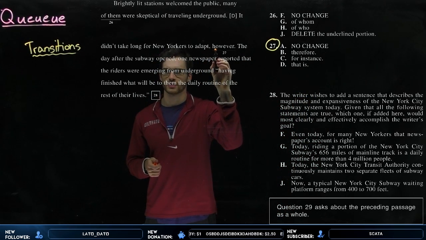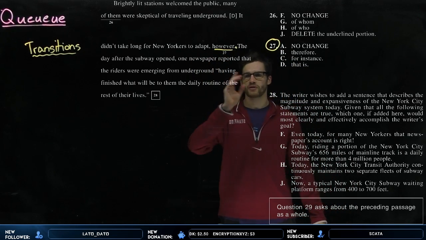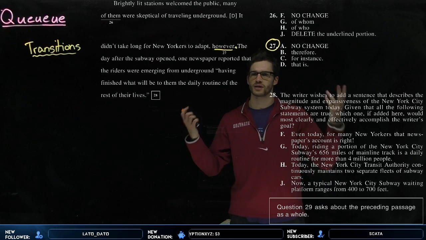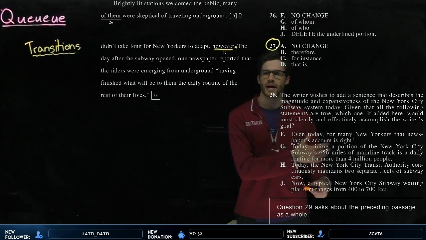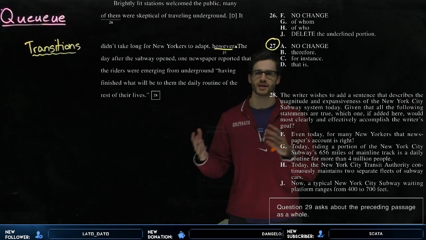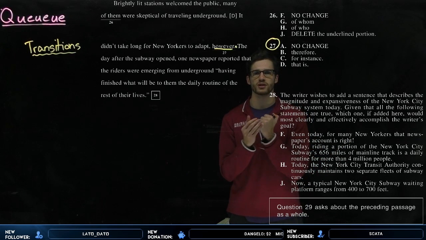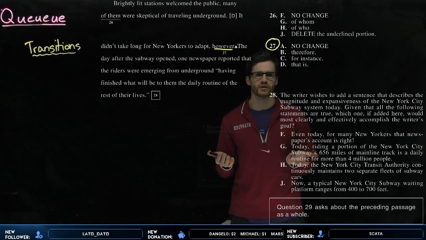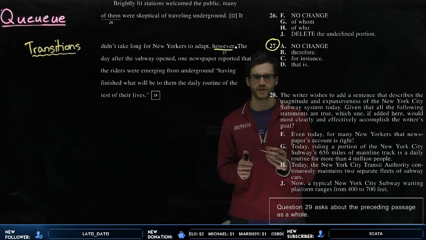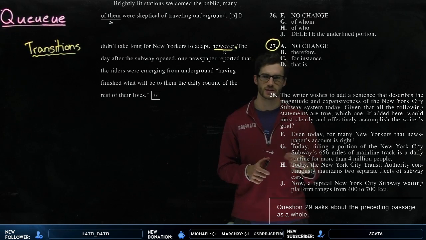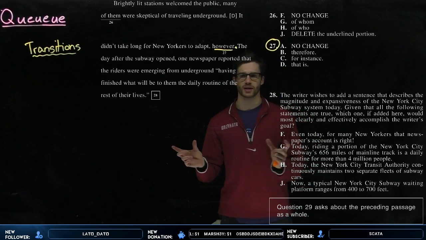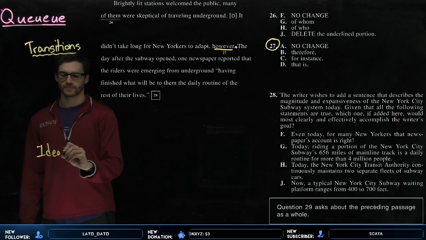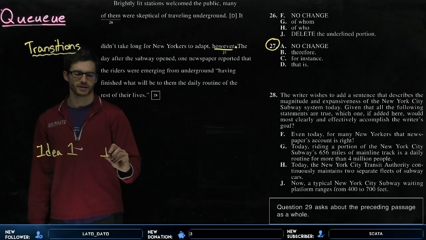That should be underlined. So, should we use however, therefore, for instance, or that is? These are very clearly transition words. So all of these, for example, nevertheless, they transition from one idea to the next. So there is an approach to these questions that I recommend, and it perhaps sounds a little like overkill, and it's not. It simplifies it, makes it fast, and it makes it so that you don't make as many simple mistakes. You need to identify the two ideas that you're connecting. That is step one. So we're going to figure out idea one and idea two.